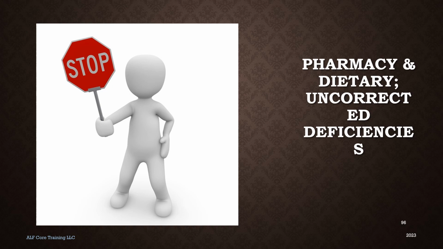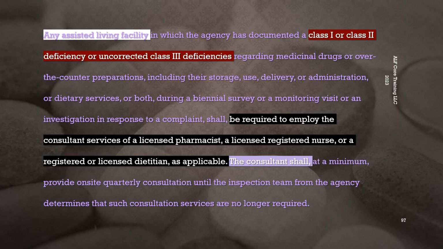Pharmacy and dietary: uncorrected deficiencies. Any assisted living facility in which the agency has documented a Class 1 or Class 2 deficiency or uncorrected Class 3 deficiencies regarding medicinal drugs or over-the-counter preparations, including their storage, use, delivery, or administration, or dietary services, or both, during a biennial survey or a monitoring visit or an investigation in response to a complaint, shall be required to